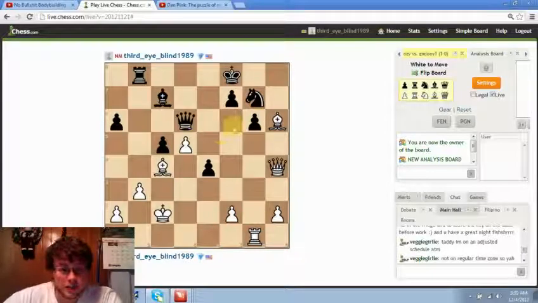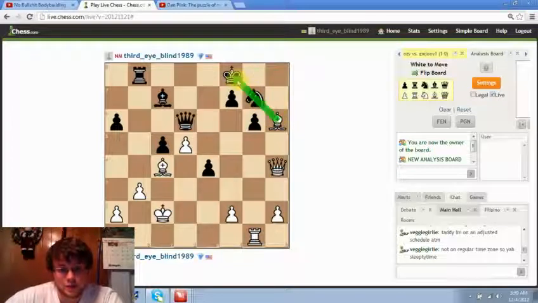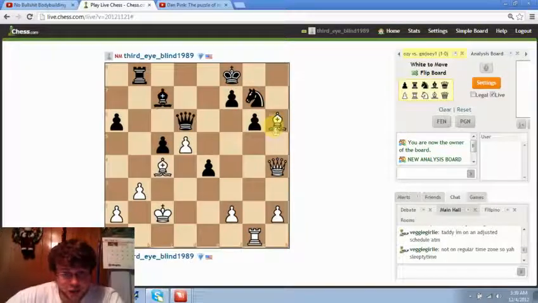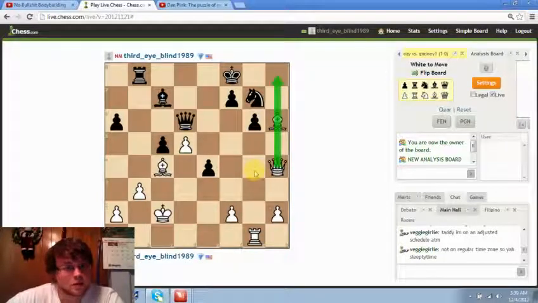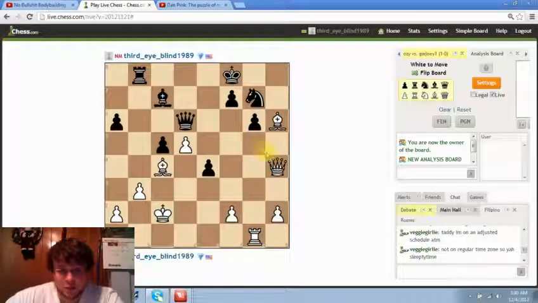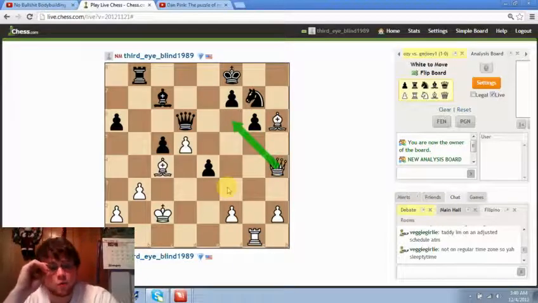So some things that we can notice here is black's knight is pinned, right? We can see that the knight's pinned. Also, something else we can notice, if our bishop was not on h6, we could play queen h8 check and win the game immediately, right? Something else to be aware of, more tactics. Also, if we could play queen f6, we would win the knight since it's pinned. And one more thing to be aware of,